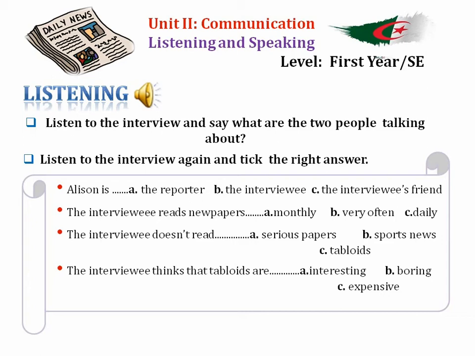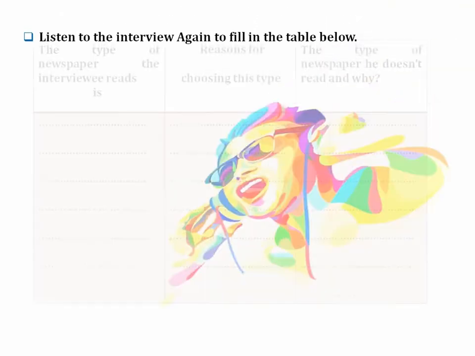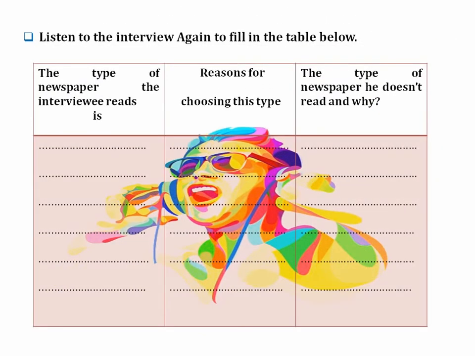As learners discover the topic of the listening material, you direct their attention to the second activity in which they are asked to listen and choose the right answer. At the end of this activity, learners interact with their teacher to check their answers. The last activity is meant for more detailed listening. It's a chart completion activity. Learners listen carefully and fill the table with the appropriate information, then they interact with the teacher to check their answers.